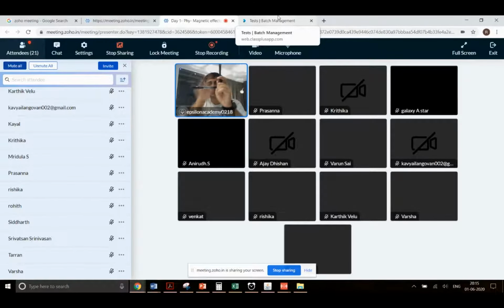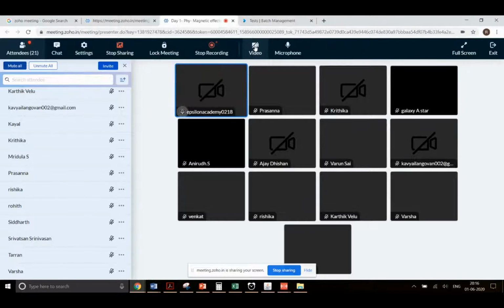Whereas when you do j cross i, from j you need to come to the i cap. When you're doing this j cross i, you need to curl the fingers of your right hand in the clockwise direction. When you do that, the thumb is going to be away from me. Away from me is going to be minus k cap. That is the reason why I wrote it as minus k cap. Similar is the logic that you can apply for other cases also.